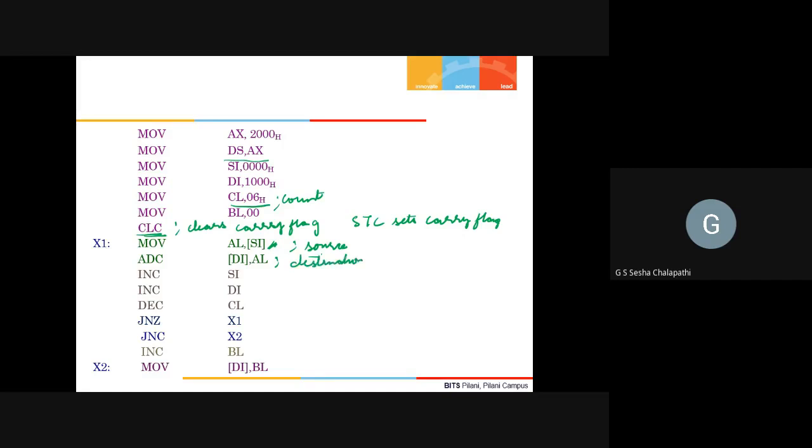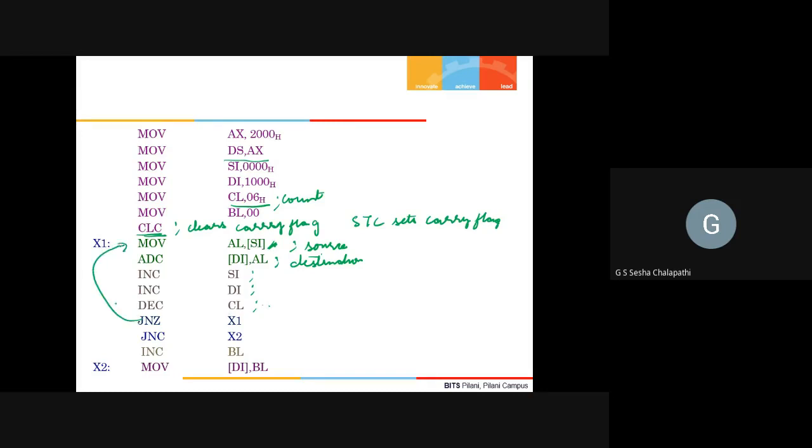Then I will increment SI, increment DI and decrement CL. Decrement CL because after every one byte of addition I will reduce CL. CL keeps the count, and I will keep repeating it till CL becomes 0. Why? I have to do 6 bytes of addition.